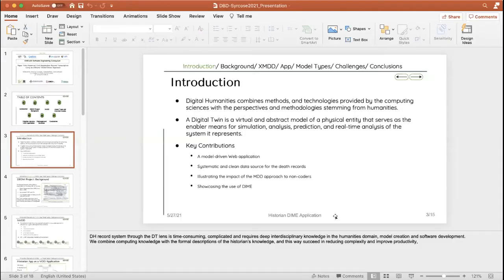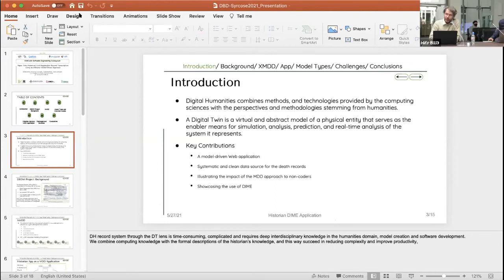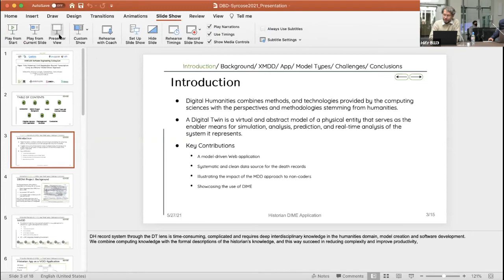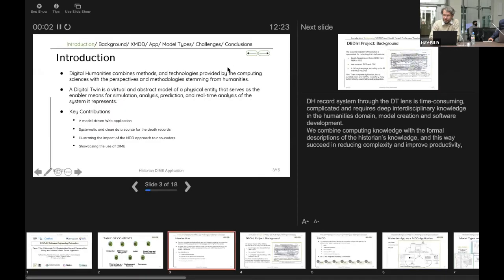Sorry about that. Let me share again. Some problems with Zoom on your computer. Yeah, sorry, I'll try sharing again. Now I'm sharing? Okay, yeah, now it's okay. So, to start? Yeah, okay.